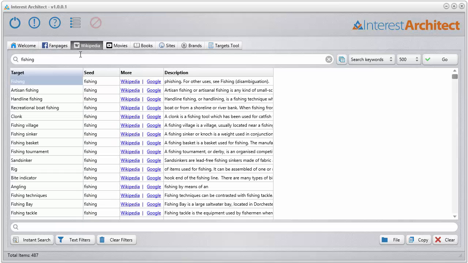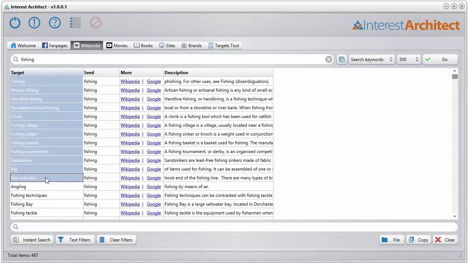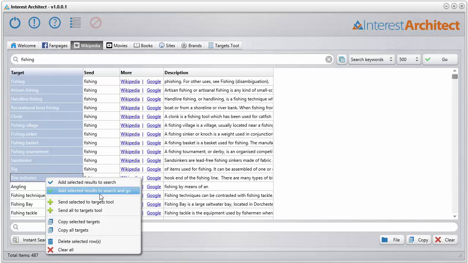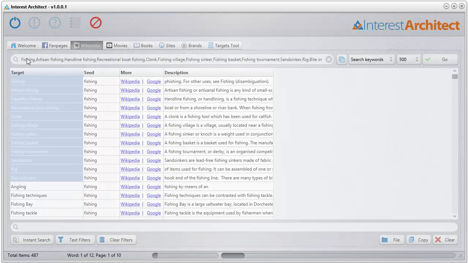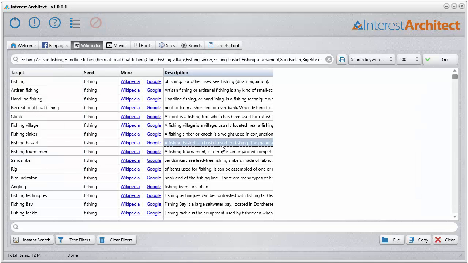Another powerful feature in a lot of these tools is the ability to do a second level search. All you have to do is select a bunch of these targets, right click, and choose add selected results to search and go. It adds them to the top of the search here, separated by commas, and now it's going through each one of those words, searching Wikipedia and gathering 500 keywords for each of them. So you can imagine you can get upwards of 10,000 possible interests within minutes of working with this tool. It's extremely powerful, and it's quite shocking how many interest keywords you can come up with that were pretty much